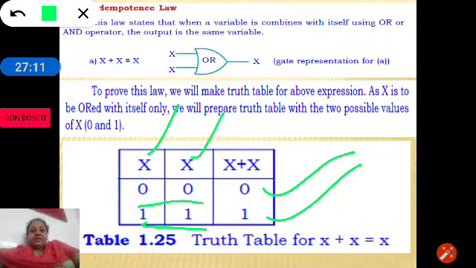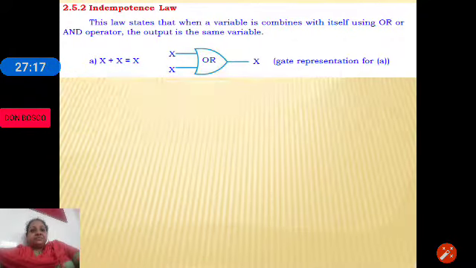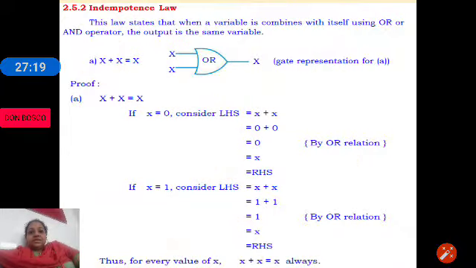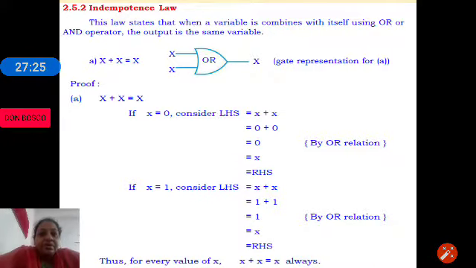So, let us just recall that method. As you can see here, we have the first idempotence law, and you can go through the perfect induction method or the algebraic method that is used to prove it, where we are substituting the logic variable value with 0 or 1.